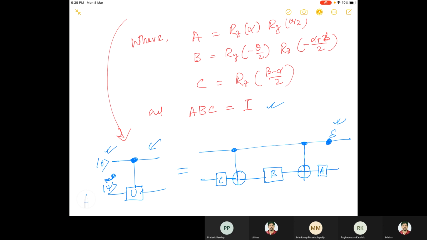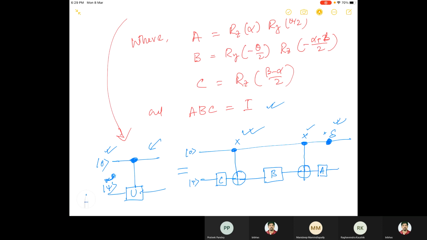We have to check whether this is also true here. If the first qubit is 0, then these will not act. On the second qubit, whatever it is, let's say psi, either 0 or 1, since this NOT gate is not acting and the second NOT gate is also not acting,